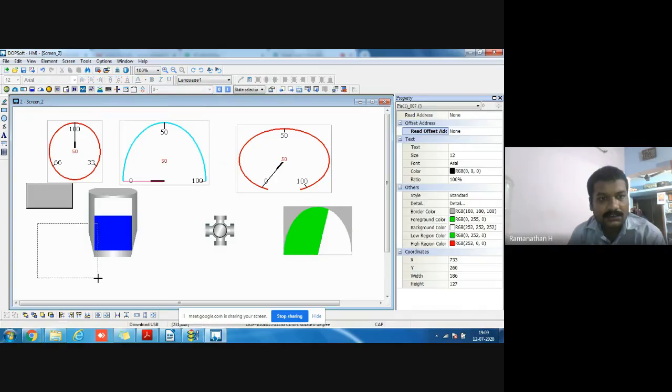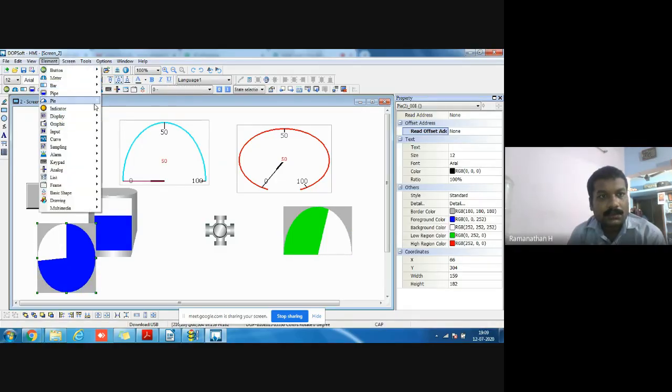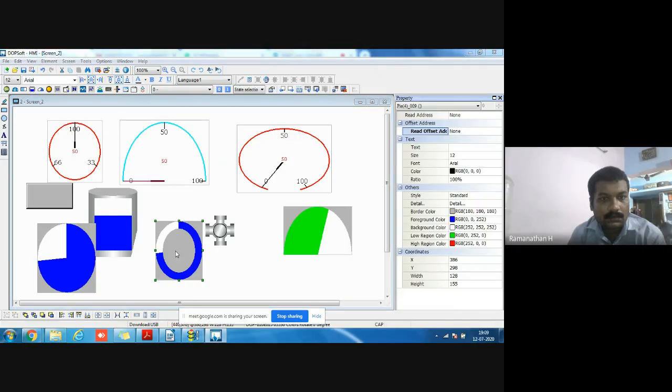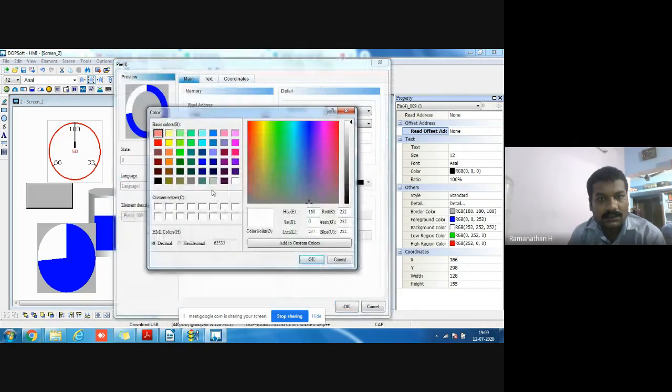If you want this circle shape, those are various pie charts. The ring shape. I want to change the background color of the pie chart also.